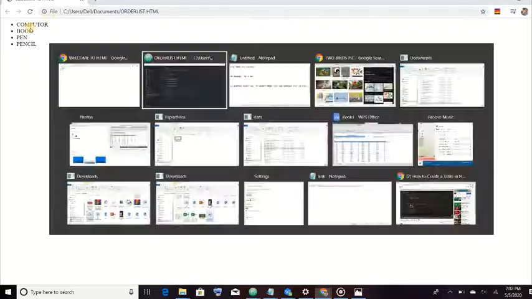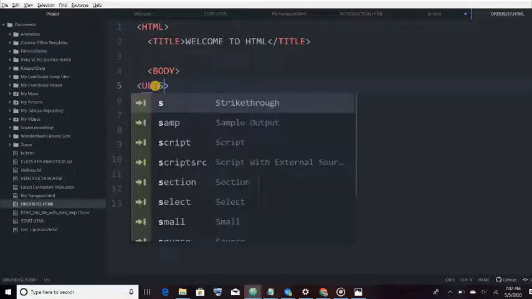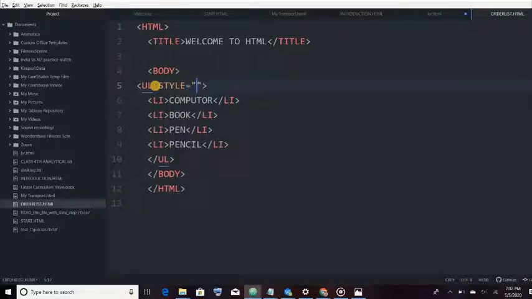Okay, now move to the coding part again. So we can change the style of the unordered list, for which we will use the style attribute equal to inverted commas, and here we can use different designs. List-style-type is one of the properties which we will use.